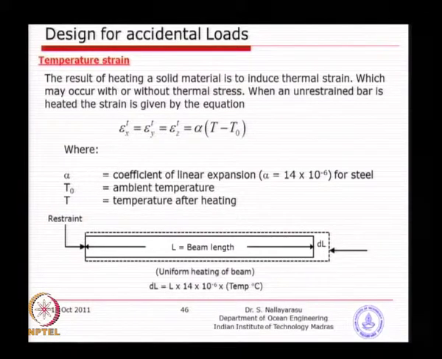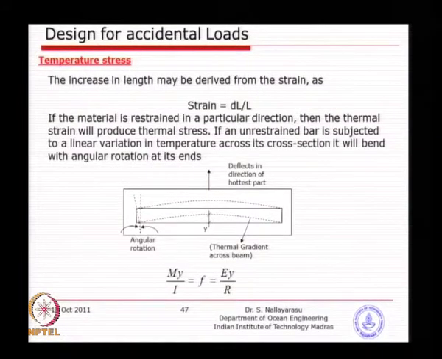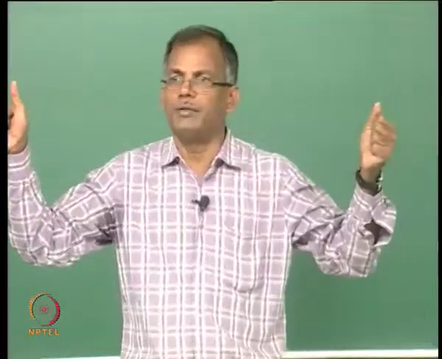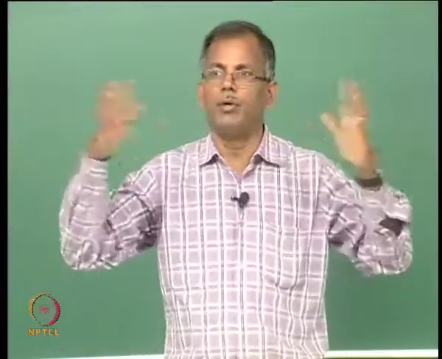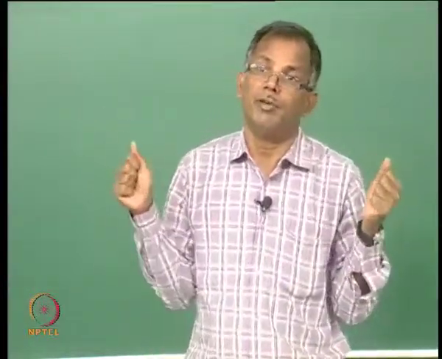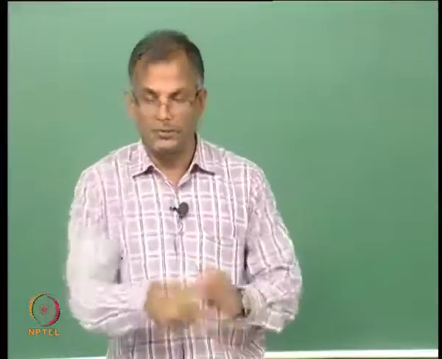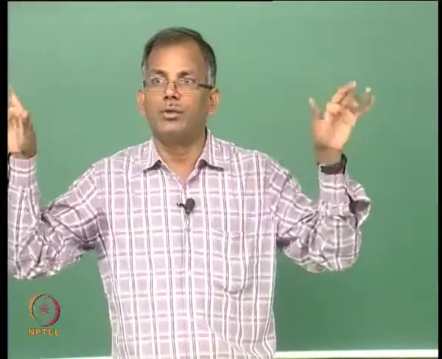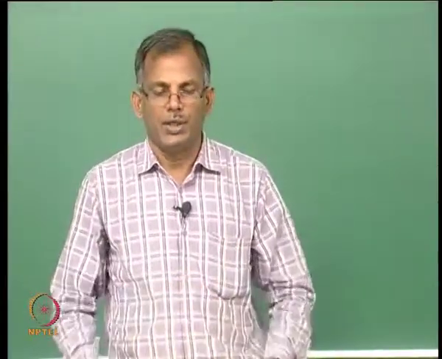So, you could easily calculate, but what happens if you try to restrain in one direction along the end? Say you have put one restraint on this end and one on the other, the beam is trying to expand in any direction wherever the degree of freedom is free. You hold the beam on both ends and it is unable to go in the axial direction and also unable to rotate at the end, because you might have fixed it. But if you allow the ends to rotate, that is what happens with simply supported boundary conditions.